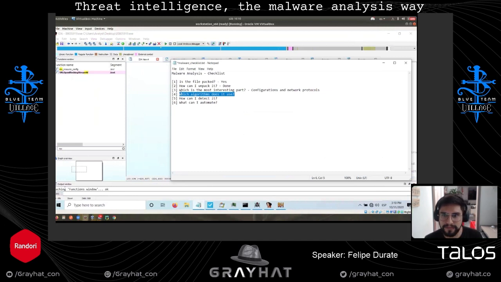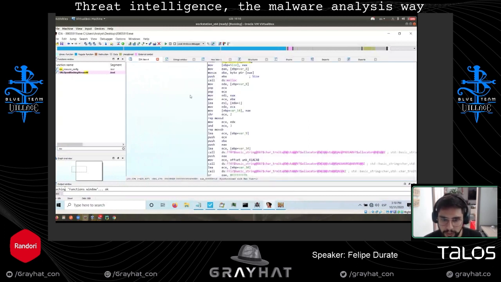Because if you detect which algorithm it is, there are some libraries in other languages, such as Python, Go, whatever, that allow you to easily create scripts to extract the data. Otherwise, you need to reverse the whole thing and build the whole logic in another language, and you are going to waste time. So take that into account. So you need to look for algorithms.